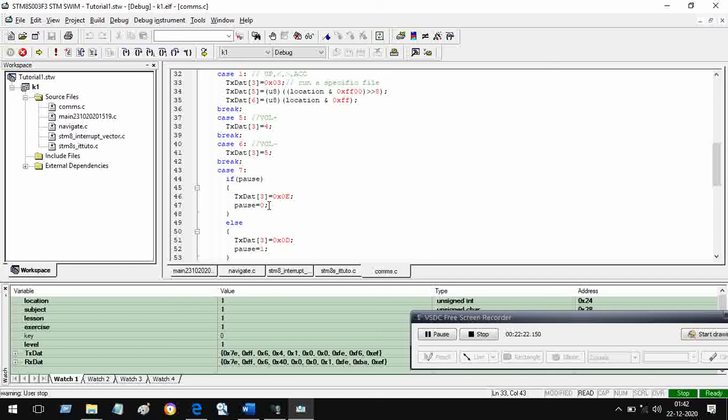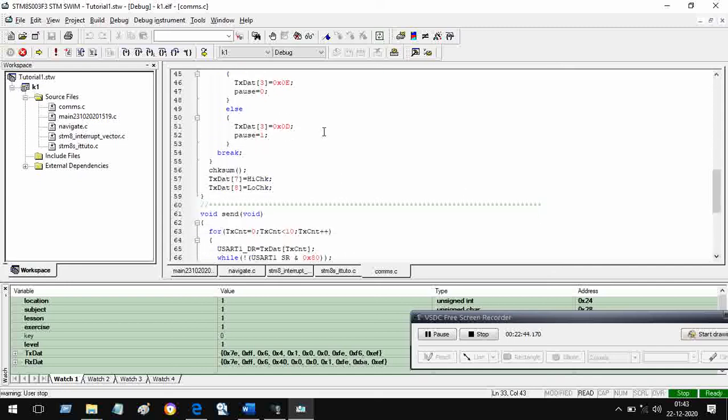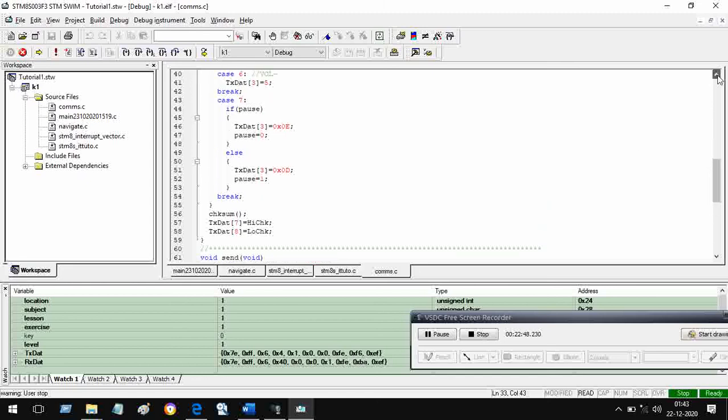If you press it once, it increases volume, it pauses, and if you toggle it again, press it again, then the pause is removed and play will come into action. At that time, txdat3 has 0T. Excellent. Done. So in this way, we have handled all the keys and generated not only the address but also other functions.